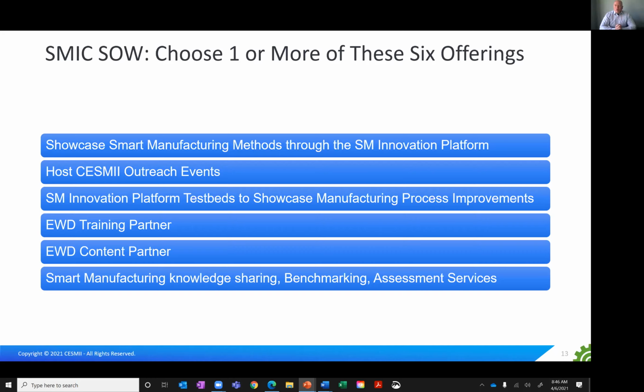So there are multiple ways we see that sustainability happening, but as a highly strategic component here, this notion of democratizing smart manufacturing by allowing average domain experts that reside all over your ecosystem and all over ours across this country, we're enabling you to bring your innovations to market in a whole new way. And we think that these SMICs represent an enormous opportunity for you to engage industry, your stakeholders in your sphere of influence, to the table in this way, and then drive the monetization of that IP